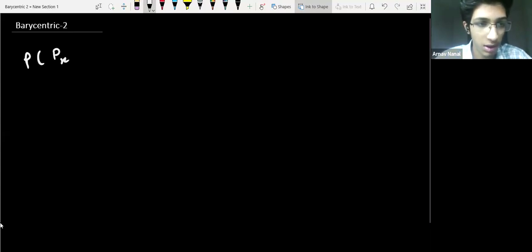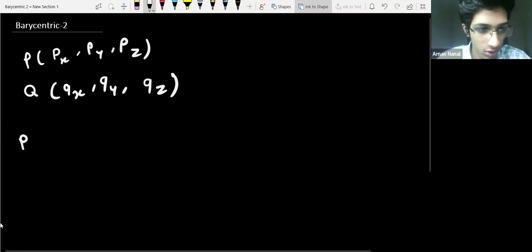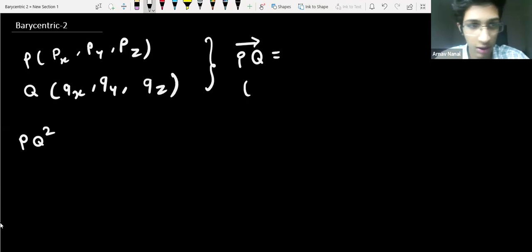The first thing is that if you have points, A, no, A is taken, sorry. The points P, let's say x, y, z, and points Q, then the distance PQ squared. What we call is the displacement vector PQ. This is given by, and these should be in the homogenized form, they should add up to one, not the unhomogenized form